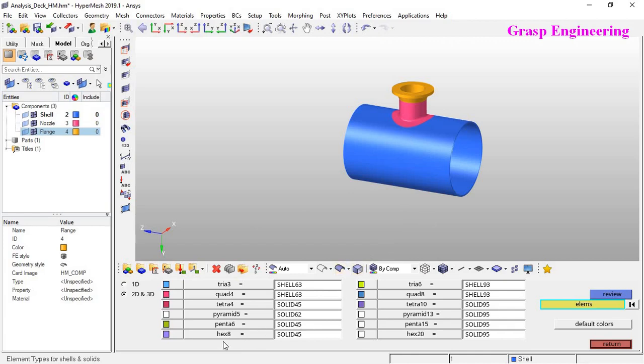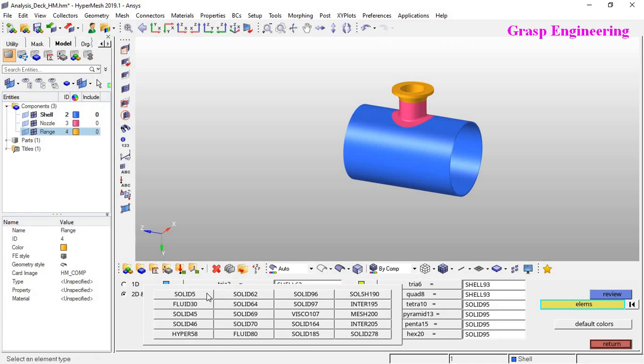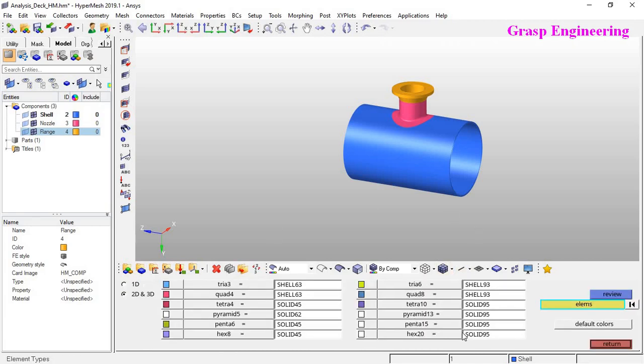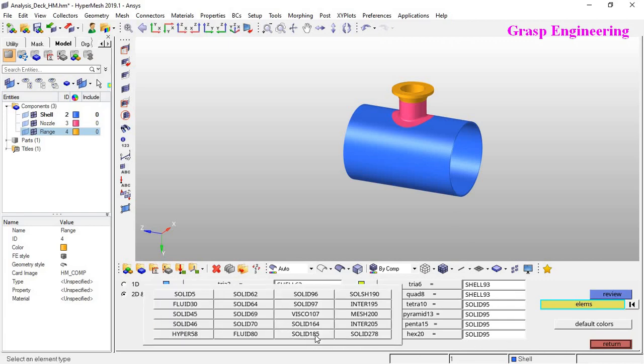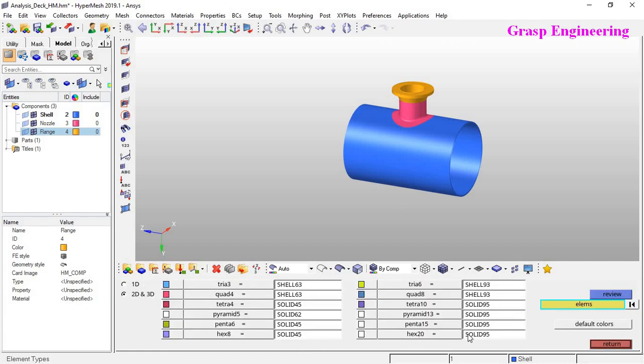At present our hex8, so basically a first order hex element, should have SOLID45. And if you have second order, then you should have SOLID185. Likewise you can even see SOLID95. These are the elements which are available for ANSYS.